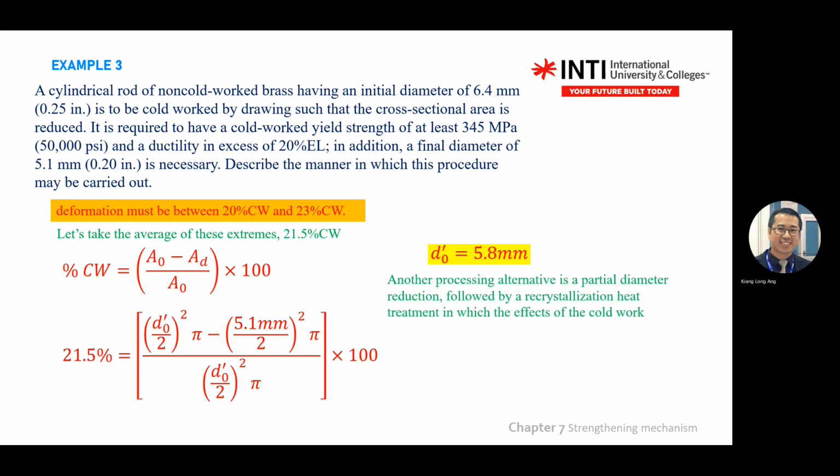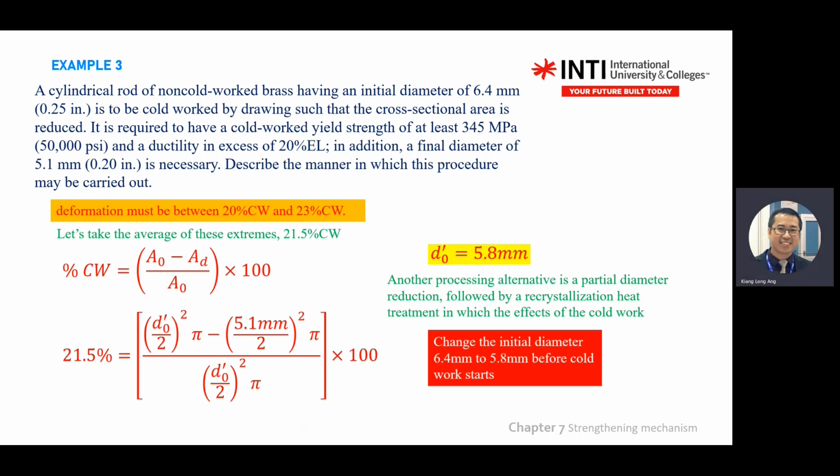Okay. So your answer for this question is that you use 5.8 mm diameter material, then you follow by recrystallization treatment, which reaches the 21% co-work, right? Then you will reach